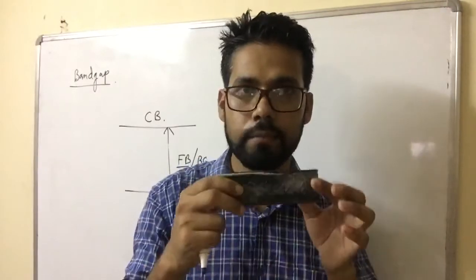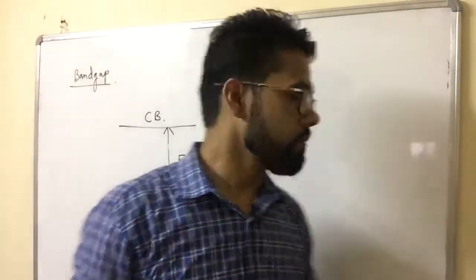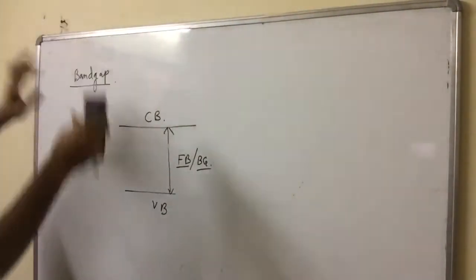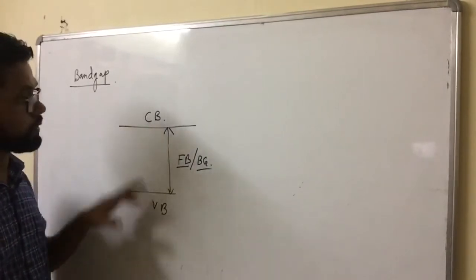As a result, this metal becomes heat, and there is a loss of heat. Okay, I will discuss that part. Now, this is a valency band. This is a conduction band. This is a valency band. So why is it